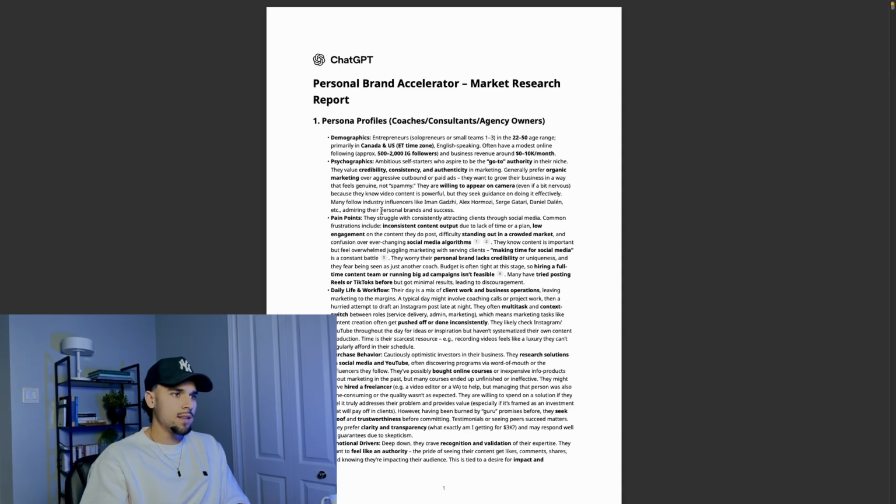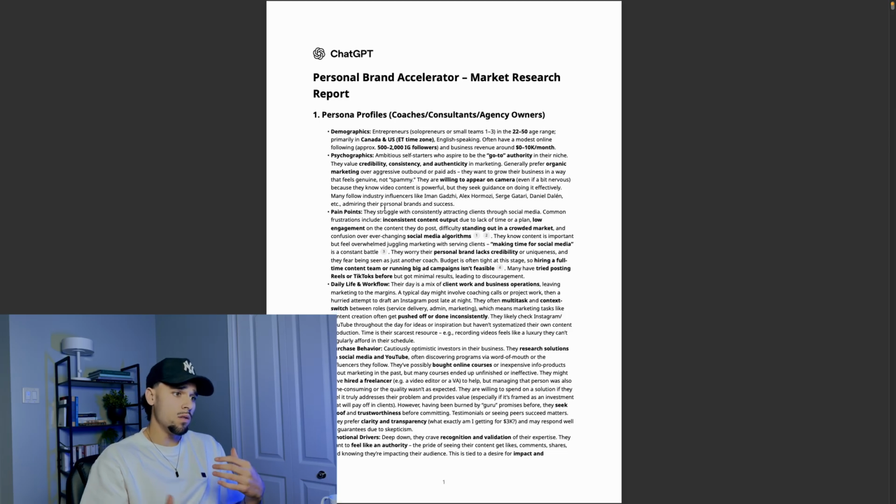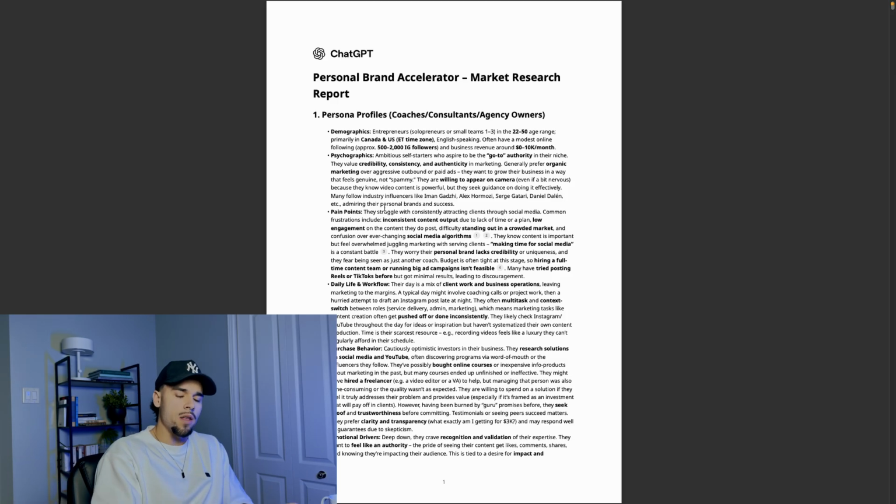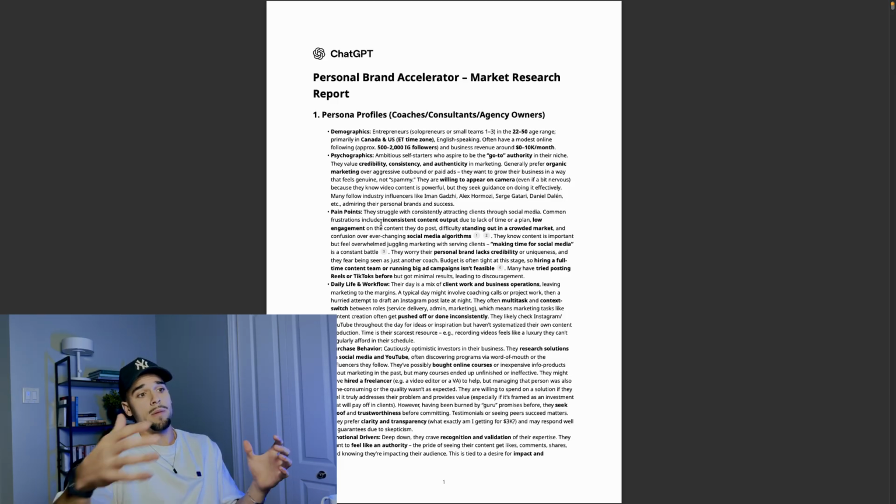So the demographics, the marketing, the pain points, the daily life and workflow, the purchase behavior. You can use that not only to build content around it, but just to have a deeper understanding of your ICP. So you frame your sales pitch another way. You can frame your outreach another way. So it's really important to have a document like this to help you have a deeper understanding of your ICP and post content around it. And it will help us down the line make personalized content.